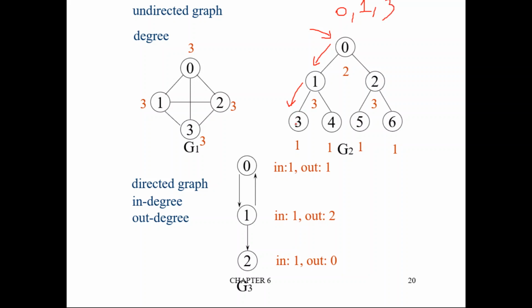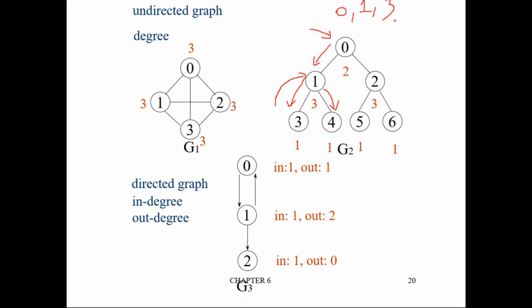Now there is no other option. From 3 there is an edge to 1. Is there any other edge? No other edge. So 1 is visited. So what do you have to do? Now you have reached a dead end, so you have to return back to where you reached 3 from. So you have to go back to 1. From 1 you see, is there any unvisited node? 0 is visited, 3 is visited, 4 is not visited. So go to 4.